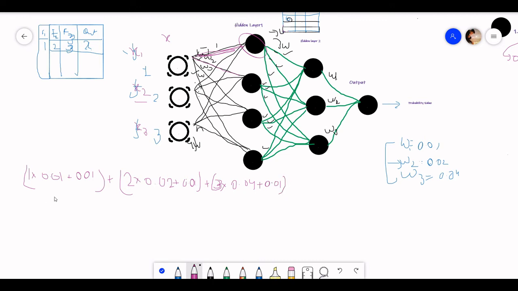Similarly, here we will have 0.01 plus 0.02, then 0.04 plus 0.01, then 0.12 plus 0.01.